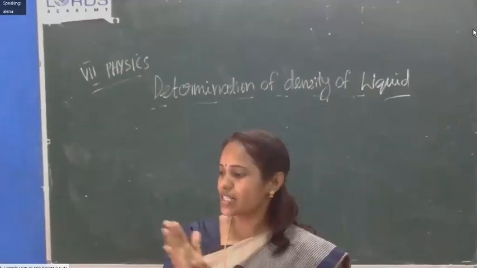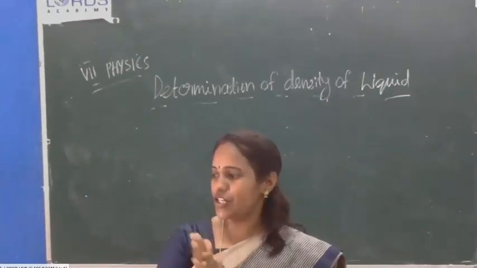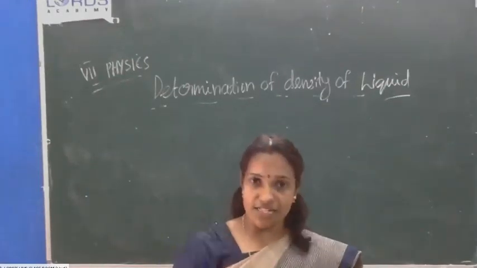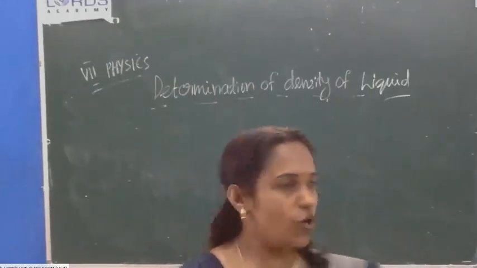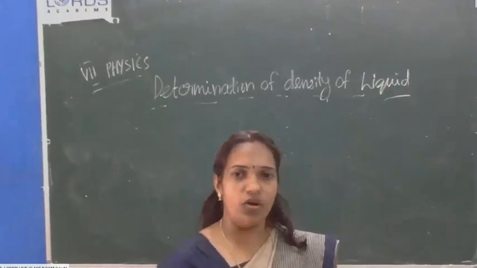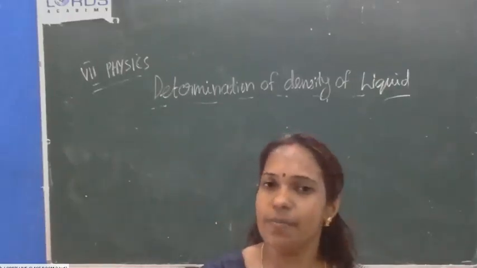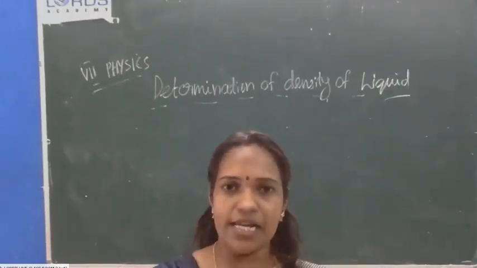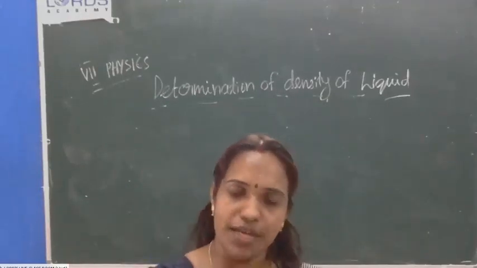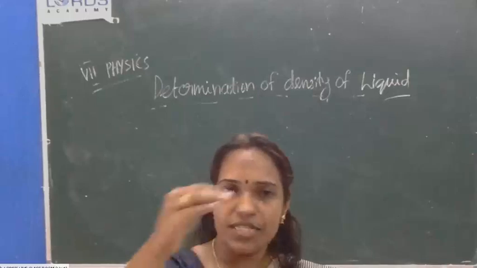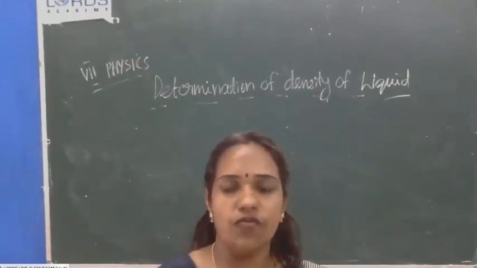Okay. So next topic, also you just watch the video, that is determination of density of liquid using a density bottle. So density is equal to mass by volume. Mass we can measure by beam balance, isn't it? Just take an empty beaker, measure its mass, then pour water into it, again measure the mass, subtracting you will get the mass of water.